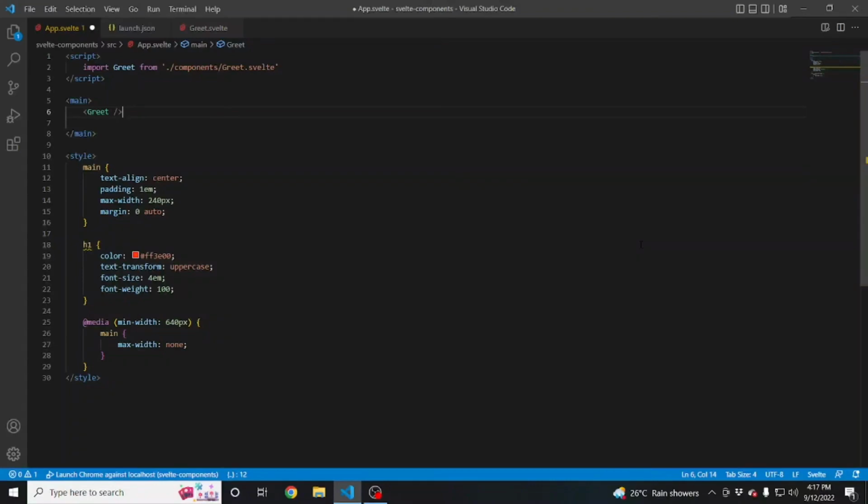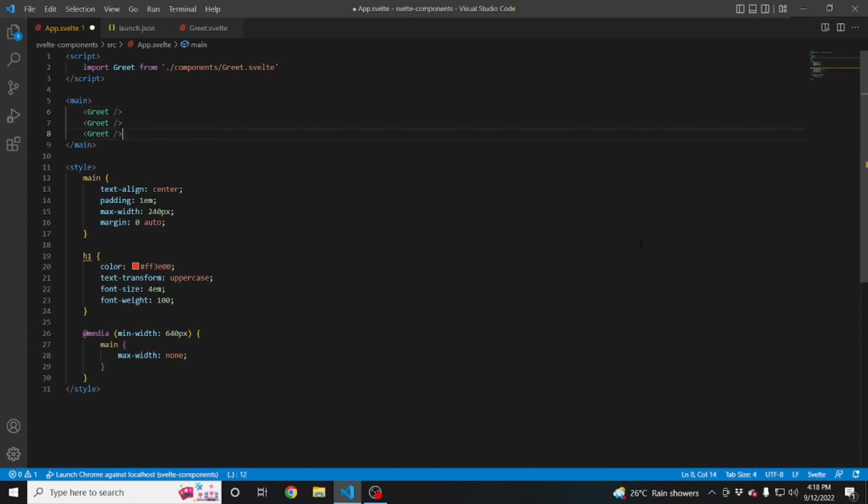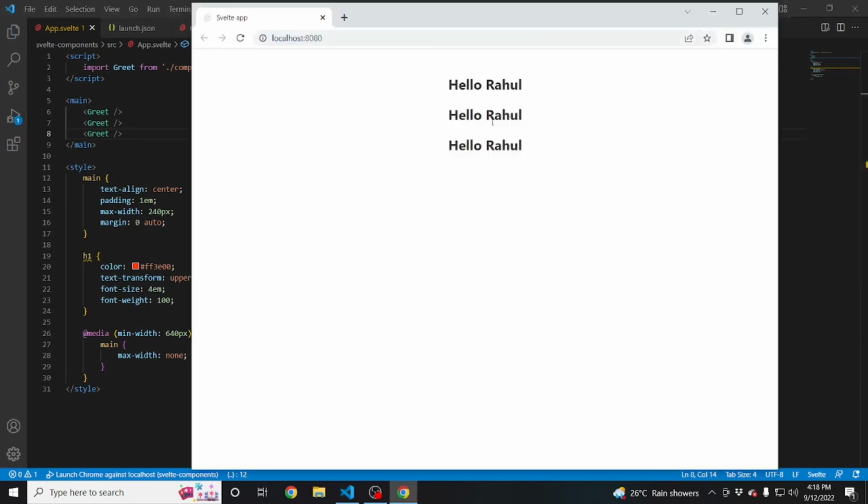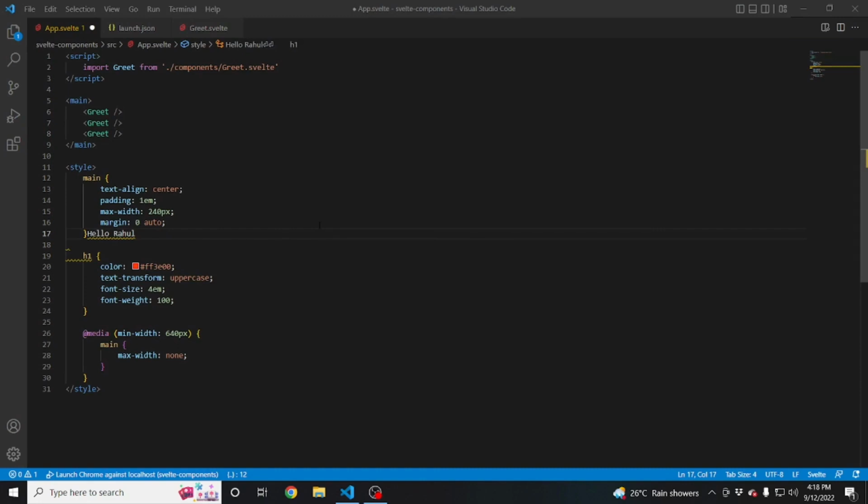So you can create a component that returns any HTML you want and include it in any part of your application. For example, let's say we need to reuse this greet component. All you have to do is include the greet tag as many times as you want. If I duplicate it twice, save the file and take a look at the browser, you can see "Hello Rahul" displayed 3 times. Although we are reusing the greet component, duplicating it 3 times like we have done here isn't